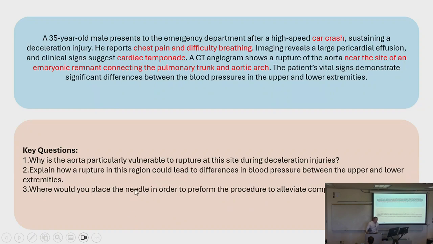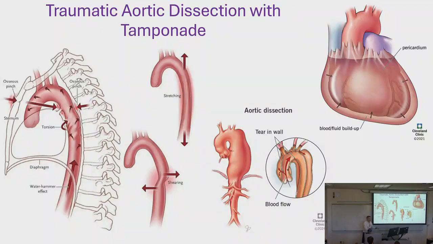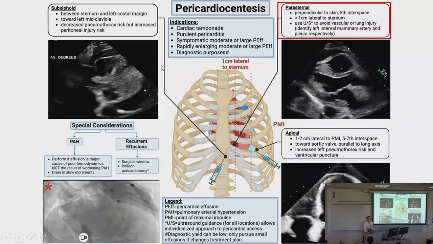All right, I want to place a needle in order to alleviate this, because this person is dying on me. Their heart's not opening as well as it should. They're not getting good cardiac output. So where am I going to put that needle? Okay, so there's a bunch of different locations, but for the one for y'all's course packs, this is cardiac tamponade. Y'all want to know